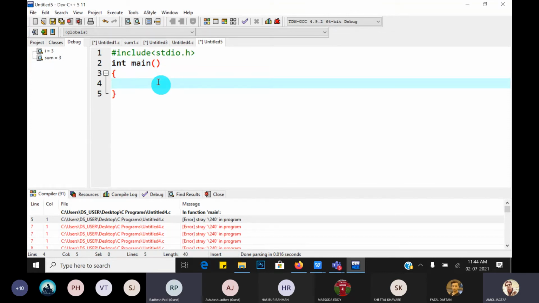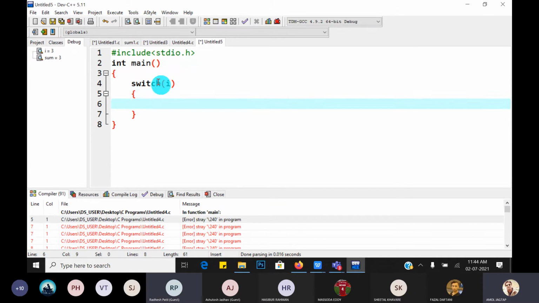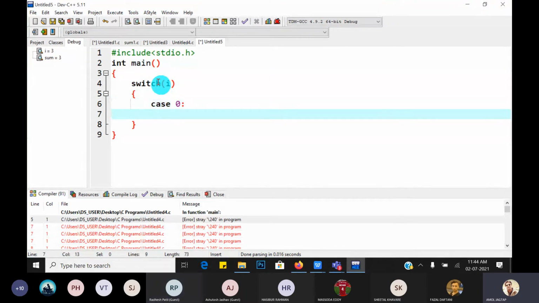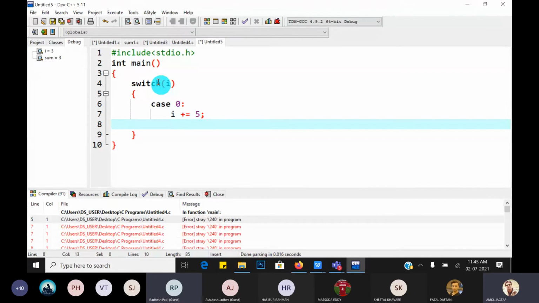Yes, now switch case. So switch, suppose there is a condition based on I. Case 0, it contains what? I plus equal to 5. Okay, and break.